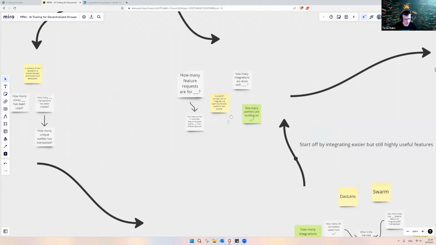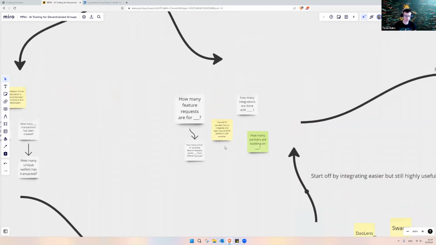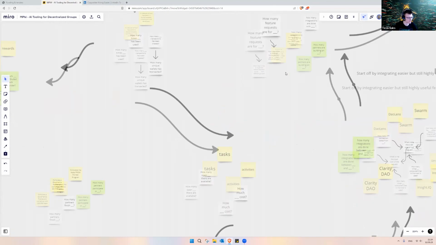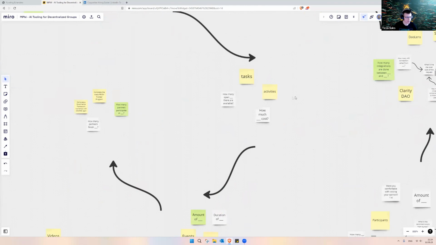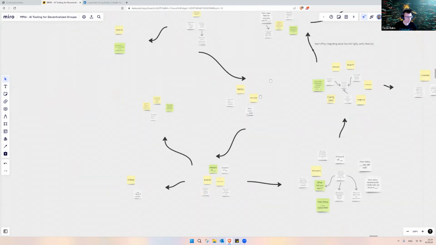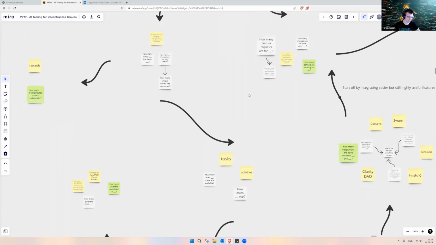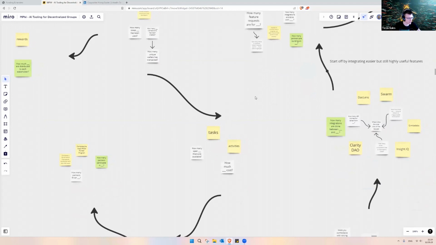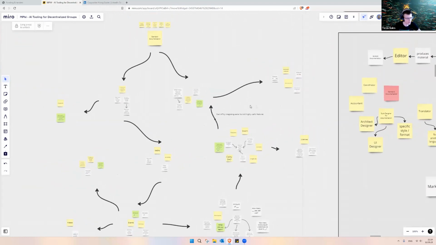And currently the marketplace we started off with as a first integration will be the SingularityNET AI marketplace. Mm-hmm. And then we have tasks and activities, which are also needed when we do community collaboration. It would be nice if everybody is on the same page about who is doing what, and that tasks are fairly costed and the priority is understood.